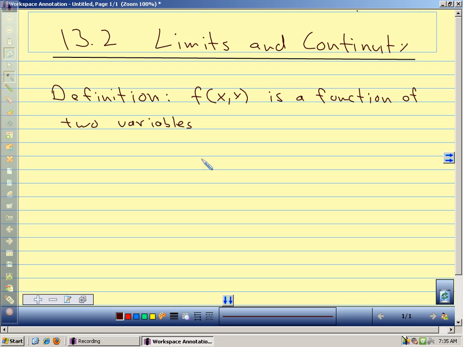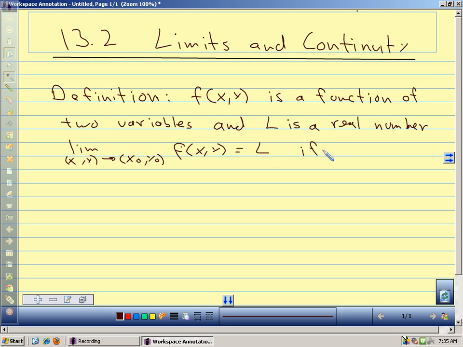We just add the variables. And L is a real number. The limit as (x,y) approaches (x0,y0) of f(x,y) equals L